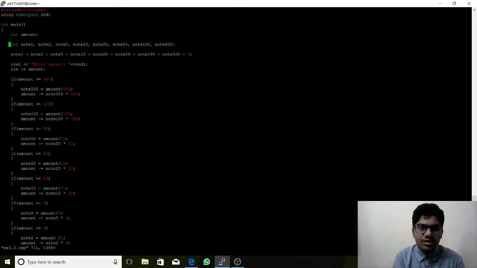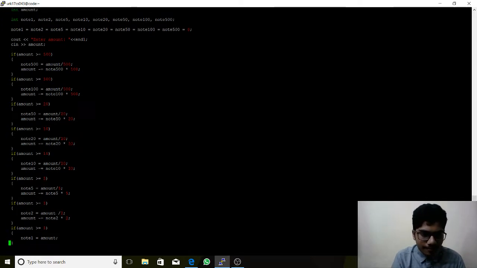So suppose if I have 1001 rupees, I will be getting the amount of 500 rupee notes present as 2. So what's happening in the second step is that I'll be subtracting that many 500s from the amount, and then I'll be going to the next case wherein it will be testing whether it's greater than or equal to 100. Now this operation will happen